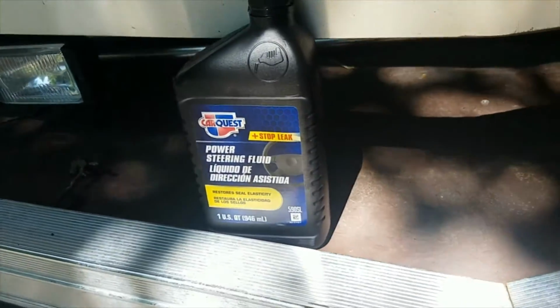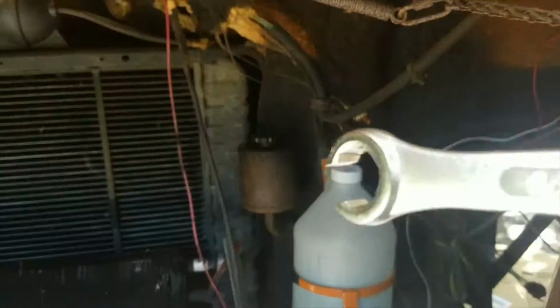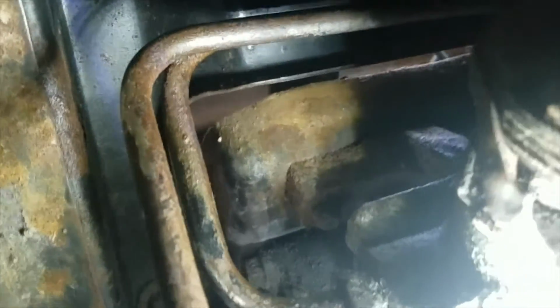Okay, we're going to do some of this stuff here. I filled my reservoir up. You can see right there. I got my slot wrench, and I've used some acetone to clean up the monkey business under here. And I do have a light here, so we're going to get in here with a little bit more understanding of what's going on. It looks like this line here